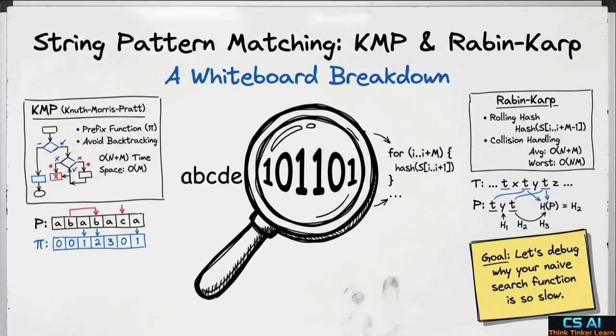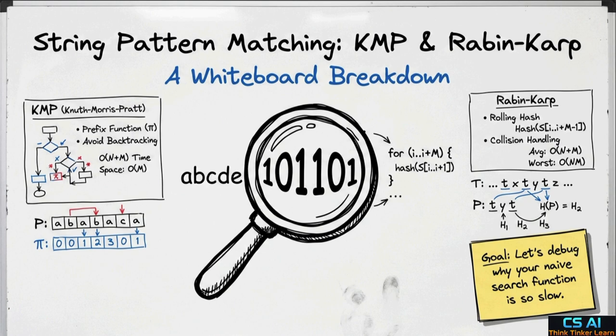Today, we're tackling a classic engineering challenge: string pattern matching. We're all used to Command F and Control F to find a word in a document. But have you ever wondered how the computer does it so fast? Most beginners start with a naive search, which is painfully slow. Today, we are going to debug exactly why that naive search fails and introduce two heavy hitters in the algorithm